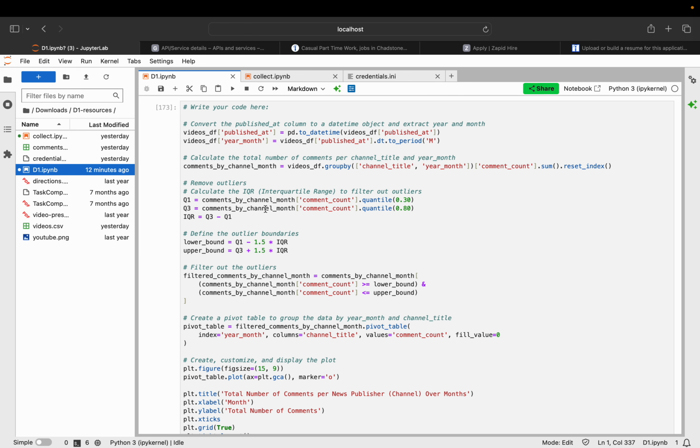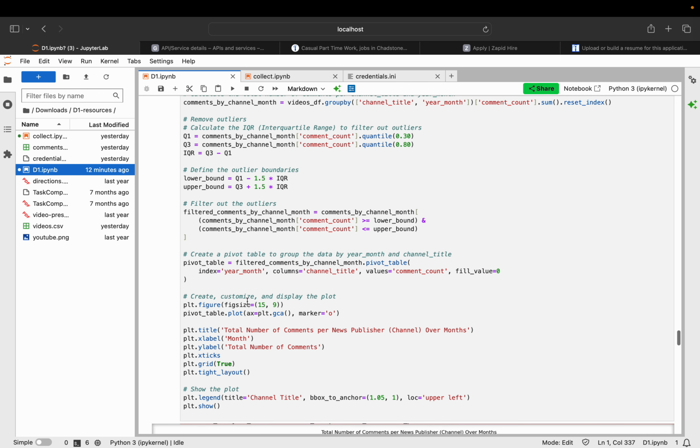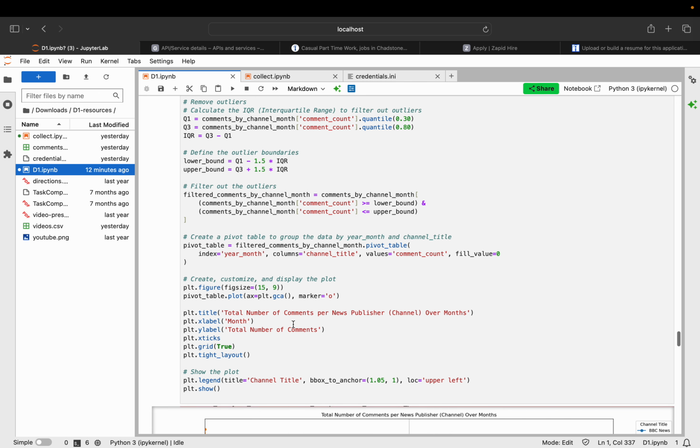Then we have created a table which organizes the data so that rows represent months, columns represent channels, and values represent total comments. Over here the plot data create